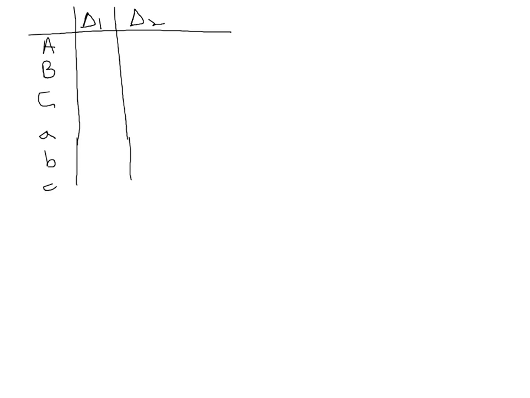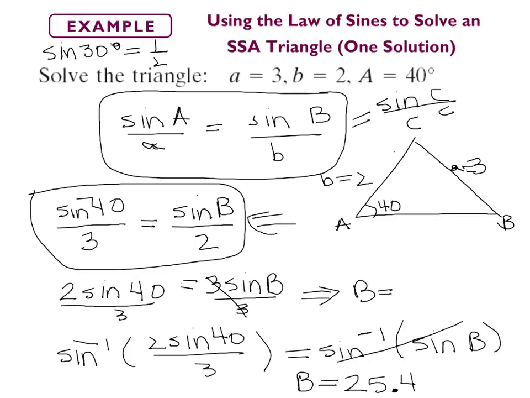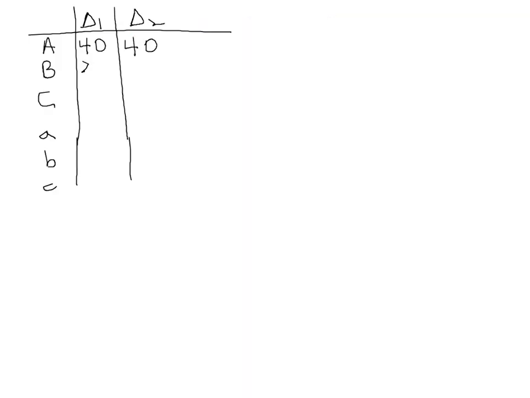I know a is equal to 40, that's given. I know little a is equal to 3, and little b is equal to 2. These are given, right? So now I have to say, well, we just calculated that b is equal to 25.4,